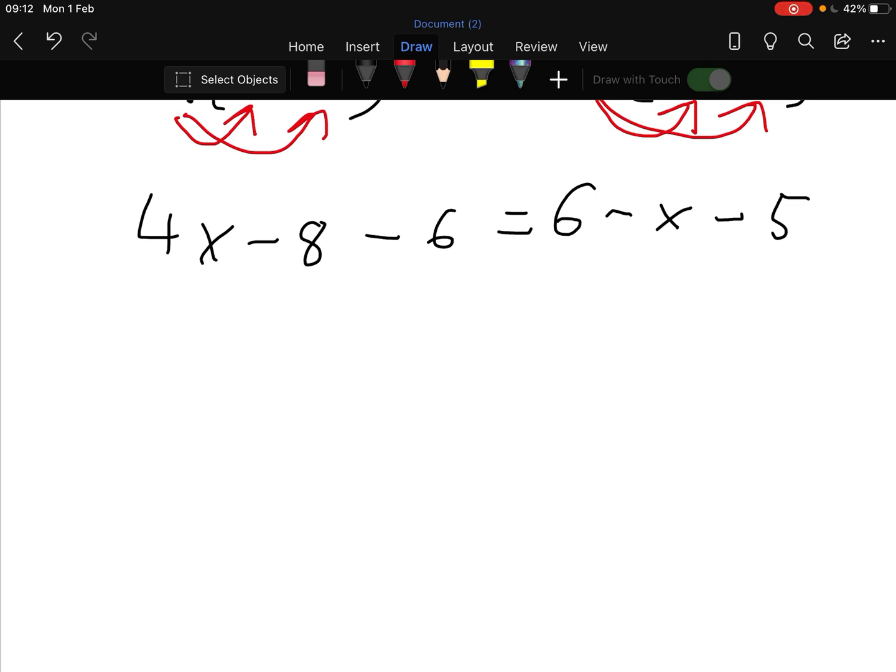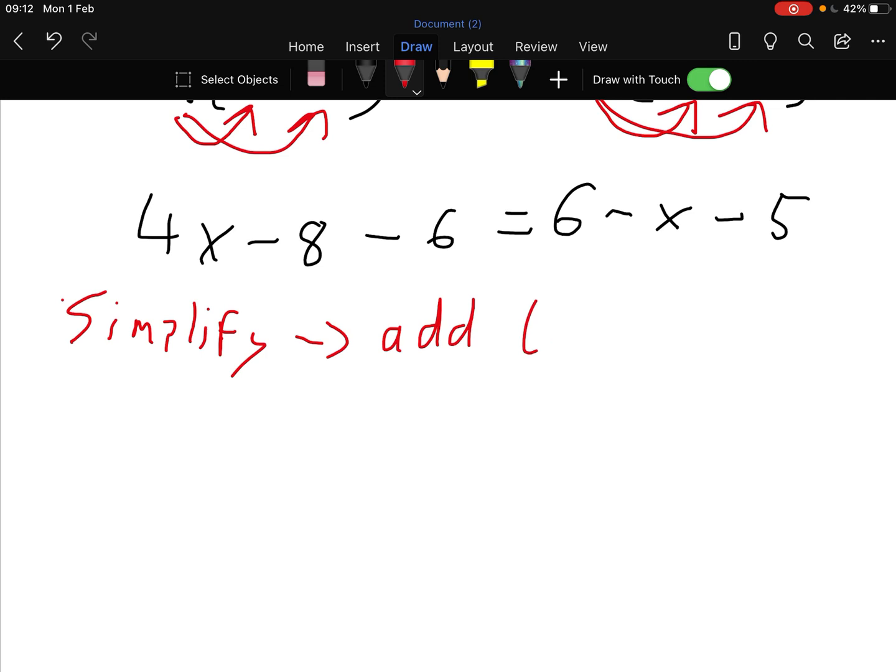So usually, I would say bring the like terms to one side. So bring all the x's to the left and all the numbers to the right. Now there's lots of numbers here, and it's going to create a lot of confusion and things could go wrong. So what you should do first, okay, is simplify. In other words,